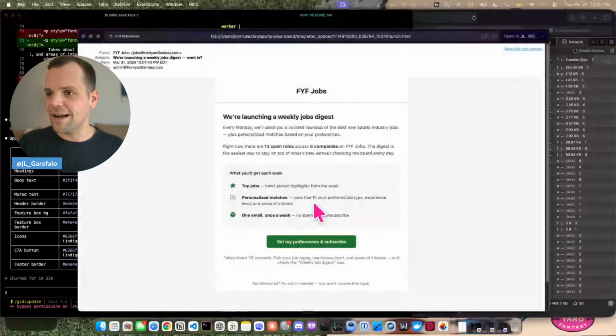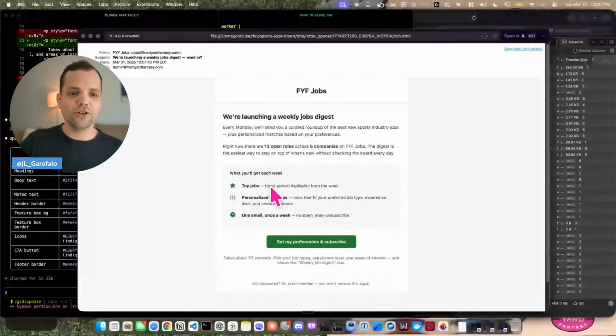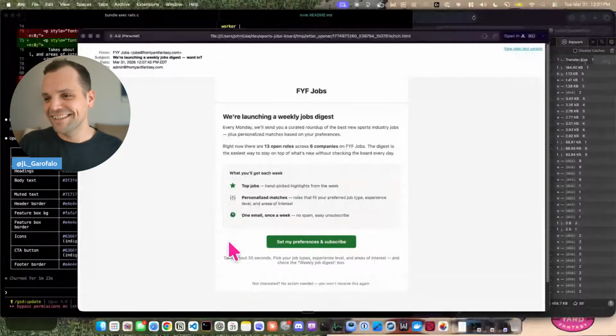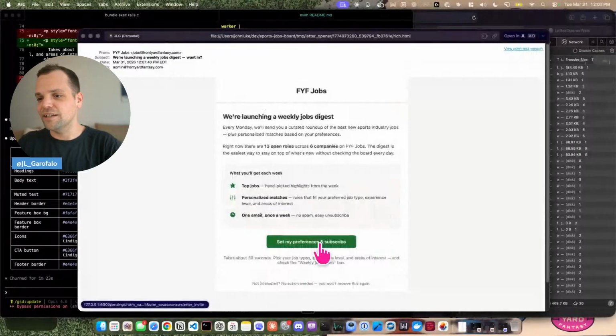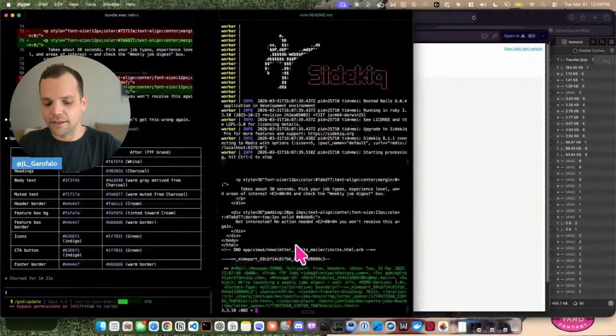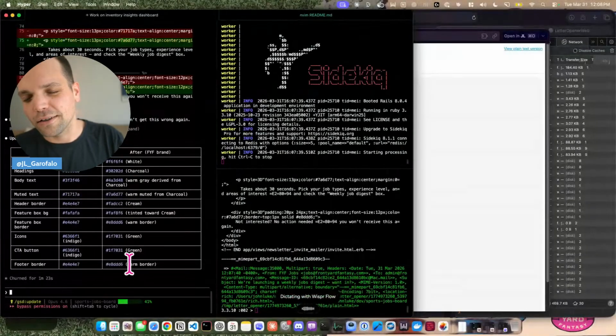Boom. Look at those icons, Ronnie. Look at those TypeScript icons. A little off center. That's all right. Oh, look at this little yellow line it added. It's a little nicer. All right. And it's now the brand green. I like that. Center the icons vertically.